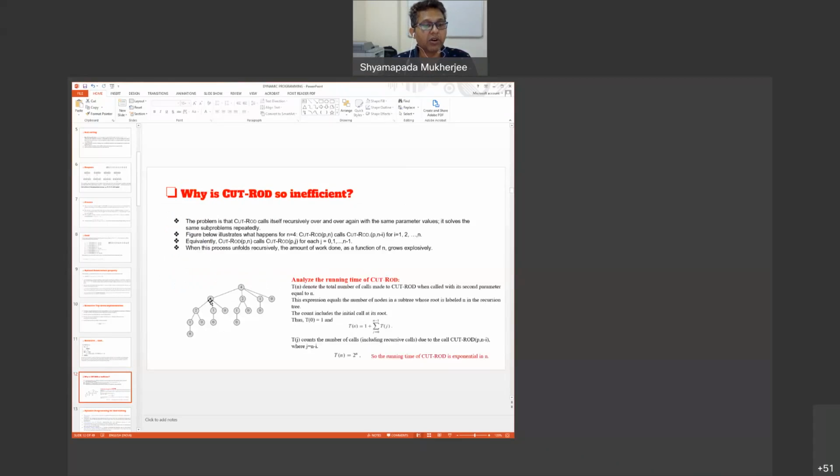So it will call again for 3, and for 3 it will call for 2, and for 2 it will call for 1. In this way you can see that we have a very big recursion tree for this recursive rod cutting algorithm. And here in the tree you can also see that